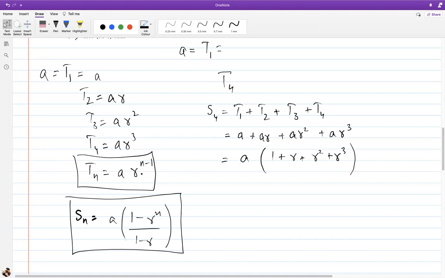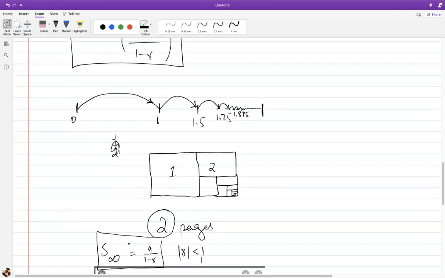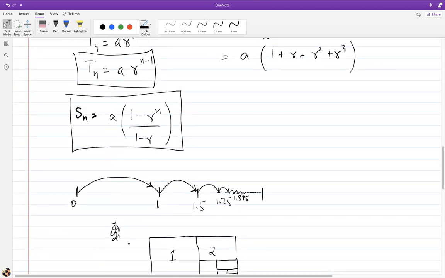Similarly, the sum till infinity is simply that you add all the terms and that gives you this. But if you want the sum till a particular term, say I have 100 friends and I want to give them chocolate, how much do I need? That's just a silly example, but this is the formula: a into 1 minus r power n over 1 minus r, and that will give you the answer. And by the way, it has a very simple proof, but I don't want to get into that because it's not required. But you can easily go to Wikipedia or MathWorld or any other website to find out what it is.